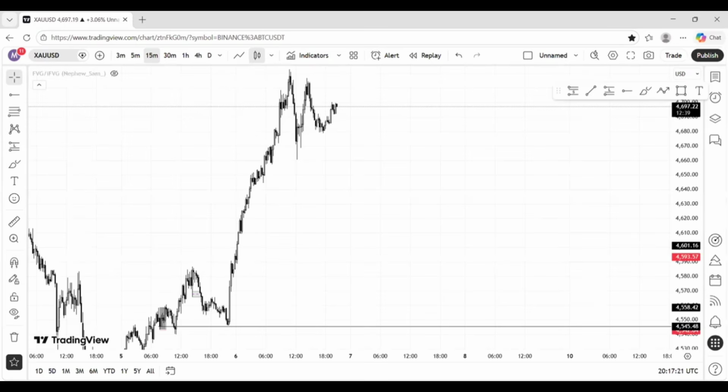So now there is a reason why I talked about structure firstly, because if you don't really understand structure, you can be selling when you are supposed to be buying, and you can be buying when you are supposed to be selling. So structure is one of the major things in the market. If you understand structure, you understand how the market moves,